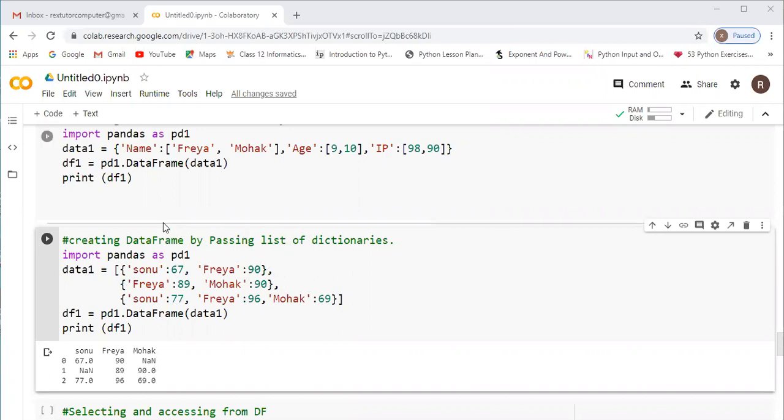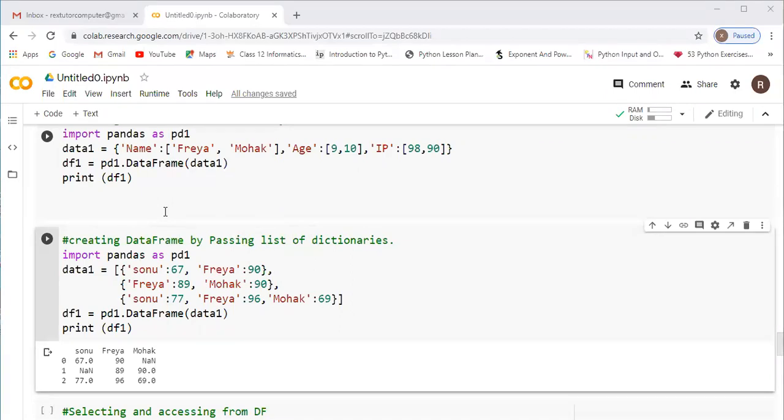Hi to everyone. Last class, we have seen how to create a data frame, then creating a data frame from a list, creating a data frame from series, and after that, we have seen how to sort the data in the data frame with the help of the sort values function. And today, the first thing we are going to do is creating a data frame from a dictionary.